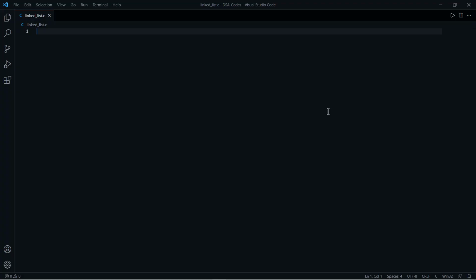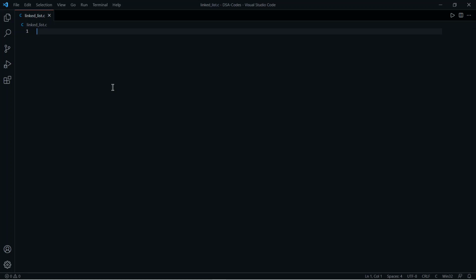So let's do the code. So here we are at our VS Code, and now we will see the code for the linked list. So I have created a file named linkedlist.c, and it's completely empty. So we will be doing it from the scratch.